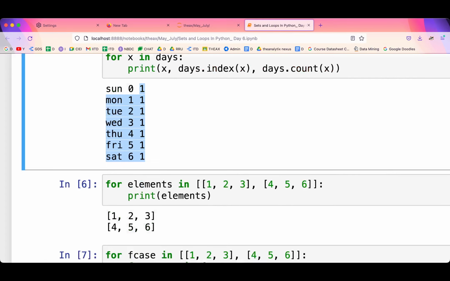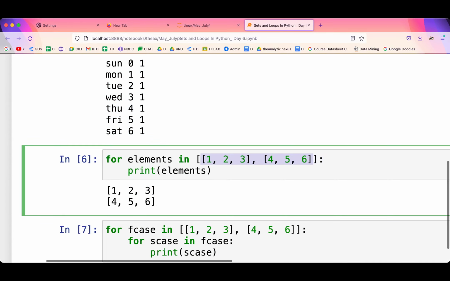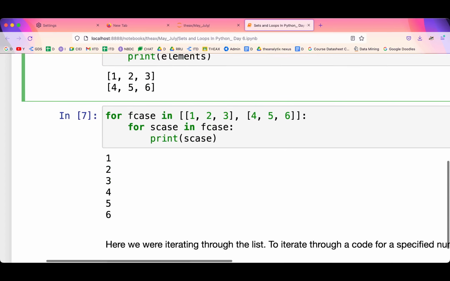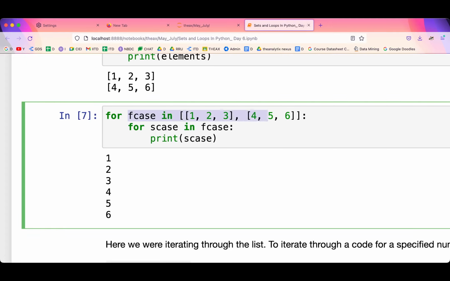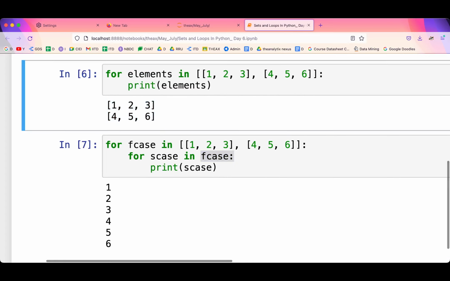Now if I have 4 elements in a big list, inside this 2 sub lists 1, 2, 3 and 4, 5, 6, print the elements. Simply see, first element is 1, 2, 3, second element is 4, 5, 6 getting printed. Now if you want each value to be printed in this case, you have to keep a nested loop, a for inside a for. That means for the first case 1, 2, 3, 4, 5, 6 and for the second case in the first case. Okay, your first case was giving the answer of this. So for the second case in the first case you will get 1, 2, 3 and then 4, 5, 6 like this. Okay,